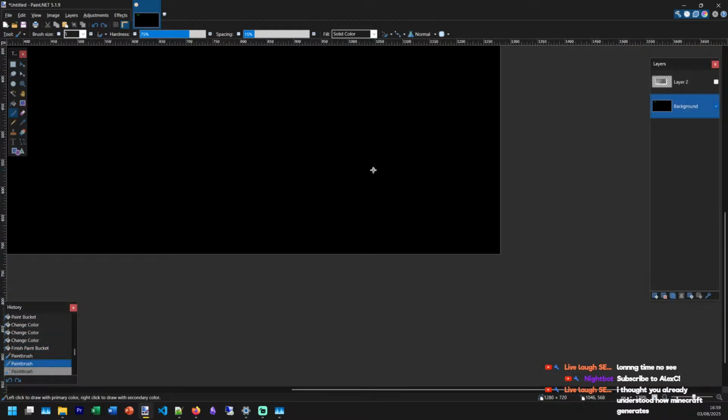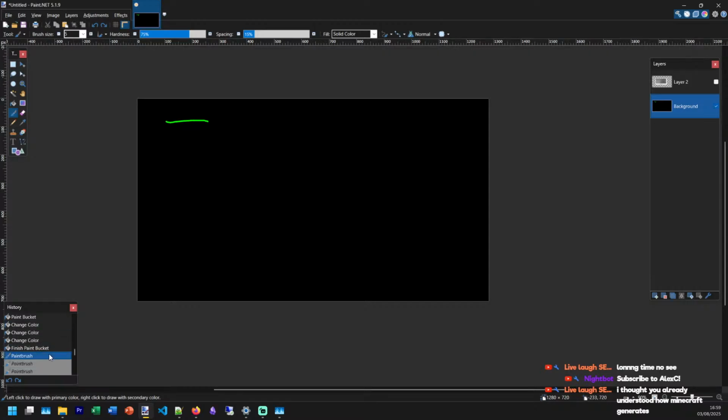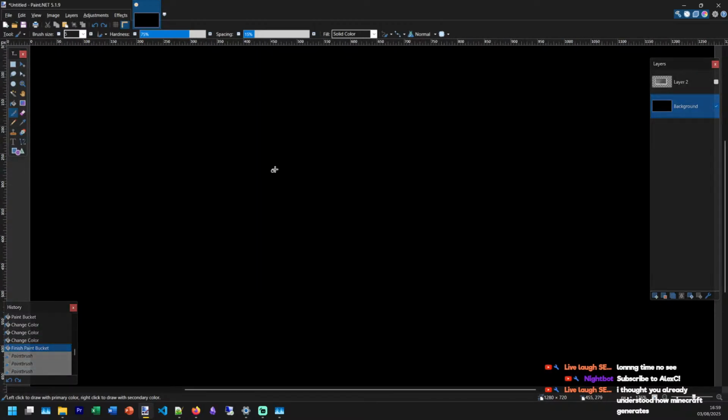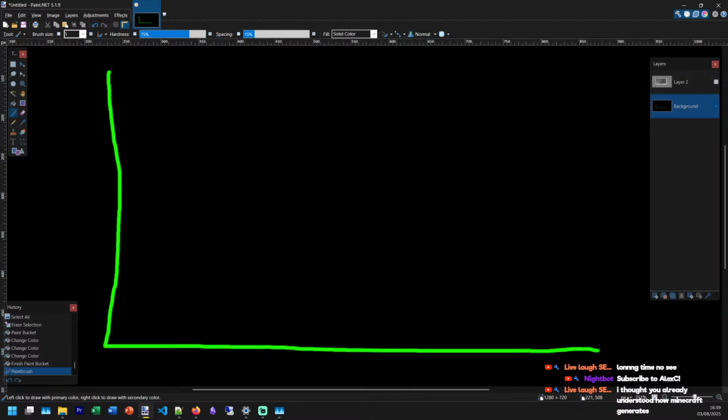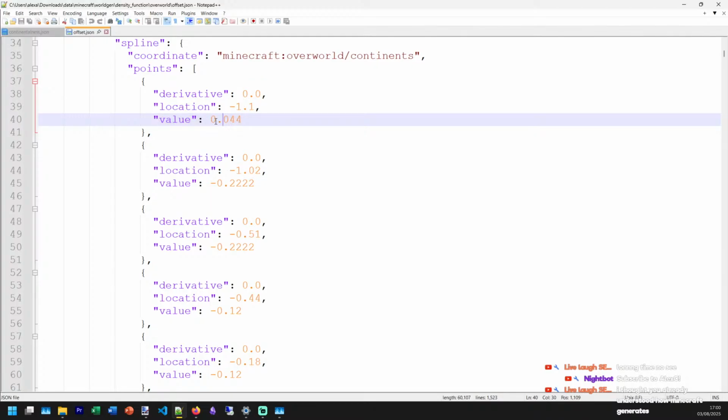So what we seem to have is, let's just say continentalness by itself. Yeah, that's green now. That's negative 1.2, and that's positive 1.2. And our density probably goes from negative.